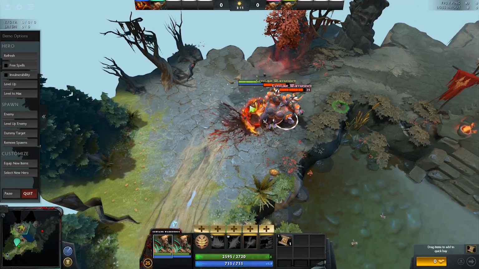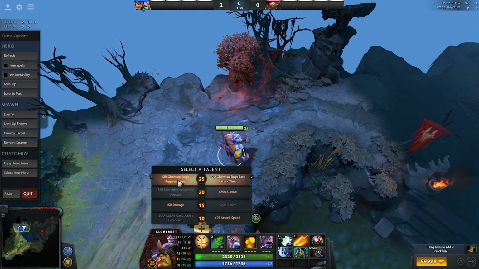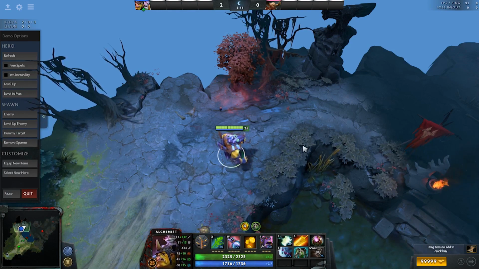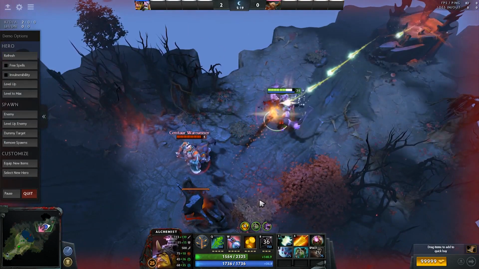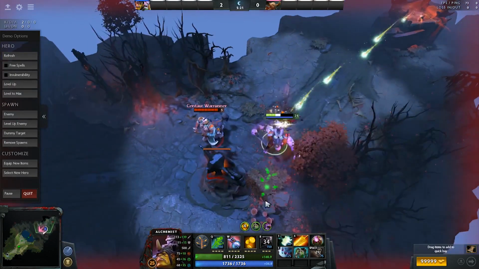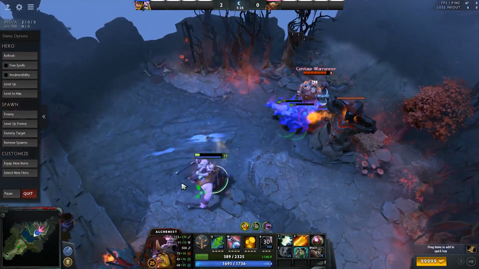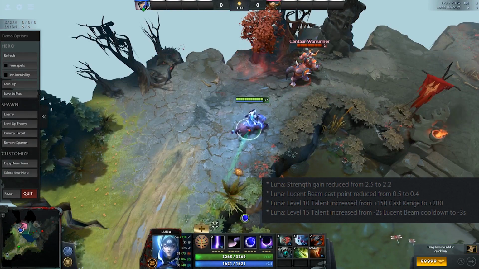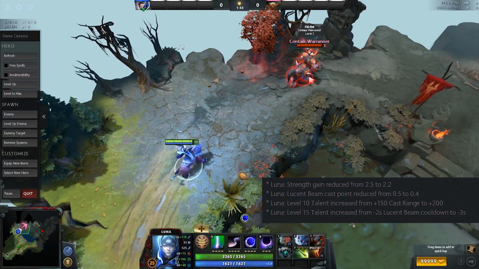Now let's jump to the important buffs in this patch. Alchemist's talent tree has been changed, but that's not an amazing buff to be honest. But what I like here is the new level 25 talent, where you get plus 30 chemical rage regeneration, which is honestly a lot. Now Luna, they nerfed her strength gain from 2.5 to 2.2, and they also improved the Lucent Beam cast point